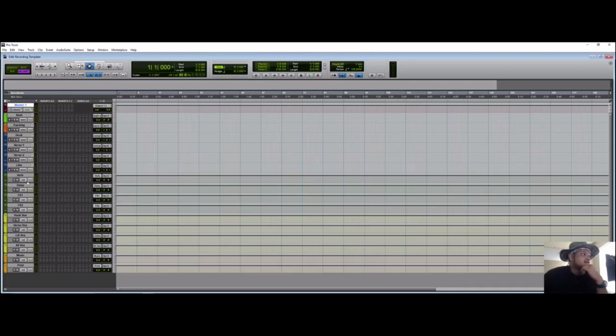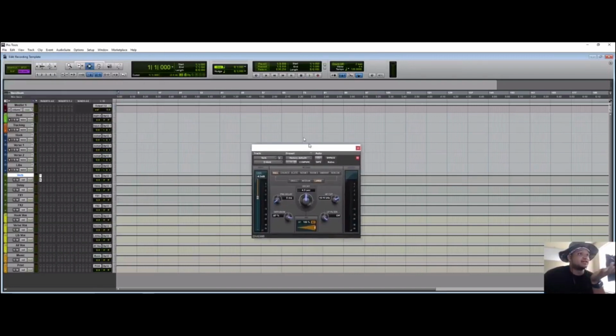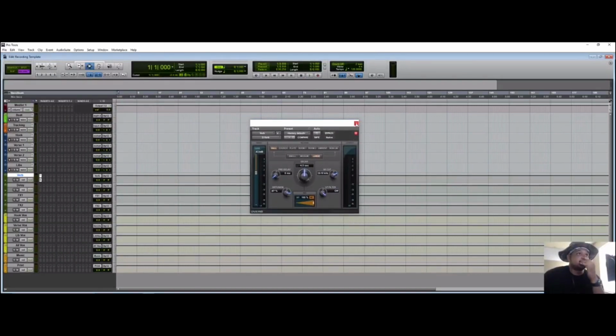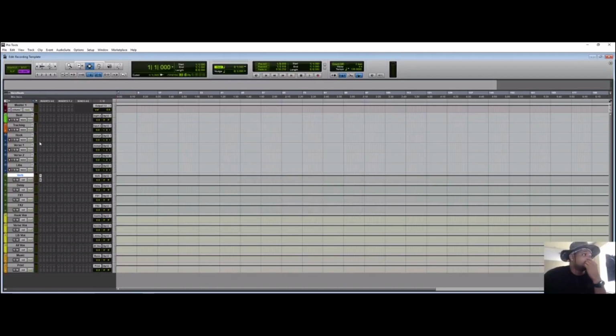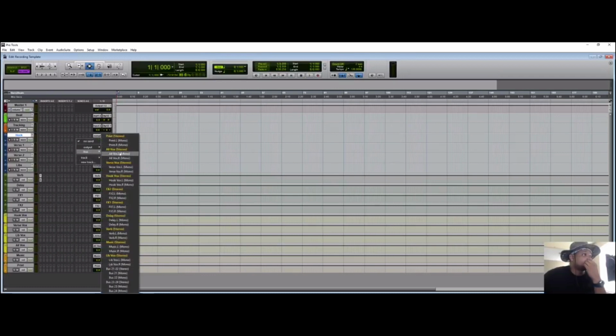So let's say for the verb, right? This is the verb track. I can load up a reverb on this if I wanted to. I don't really have a bunch of stuff imported in here right now, so I just have a deverb. So let's say like I loaded up a reverb, I liked how it sounded, blah, blah, blah, and I wanted to add it to the hook, right? Then I would go to the sends,